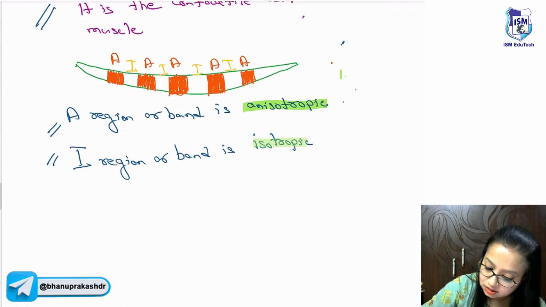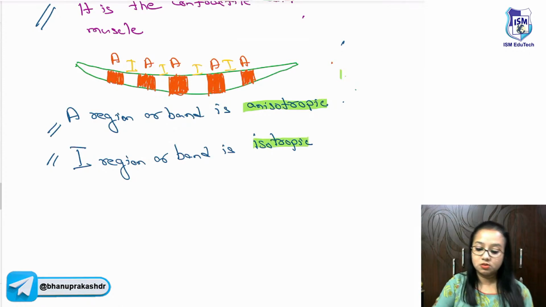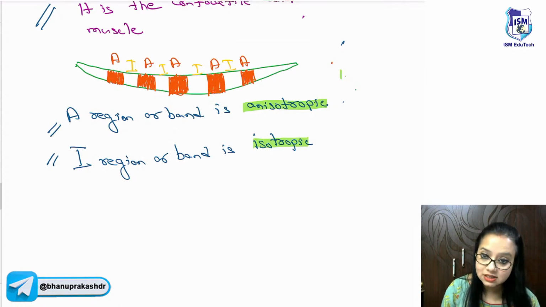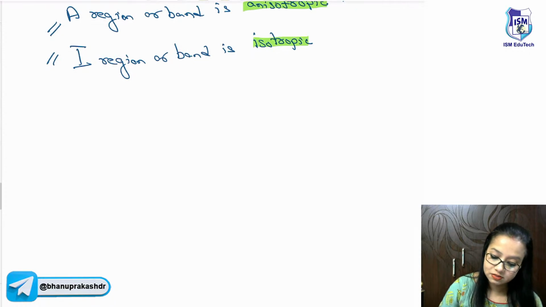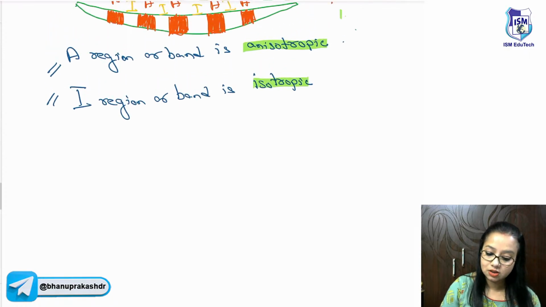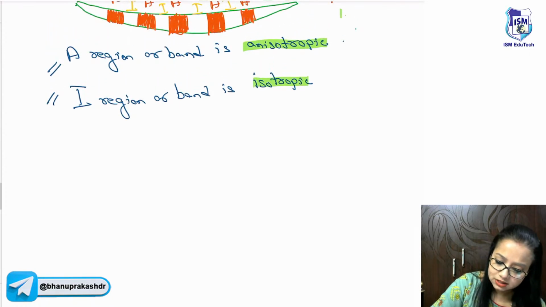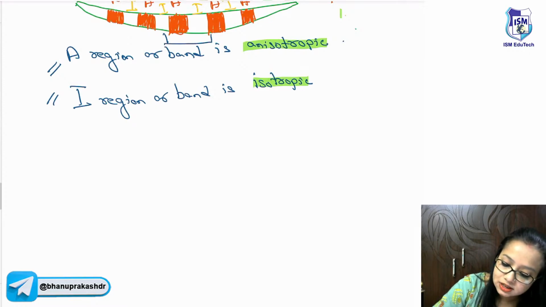Anisotropic means where the refraction of the light is less, and isotropic means where the refraction of the light is more. Now, if we take this area,